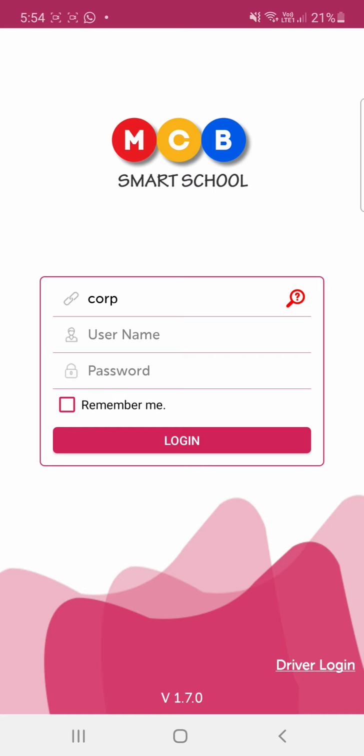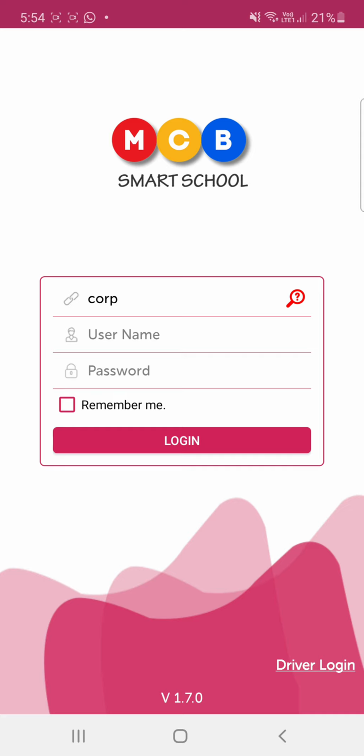Sometimes on your screen you may get a big drop down list containing Corp 1, Corp 2, Corp 3. In that case, if you get a screen like that, you can tap somewhere on the screen and that drop down list will automatically revert back. It will not come again.